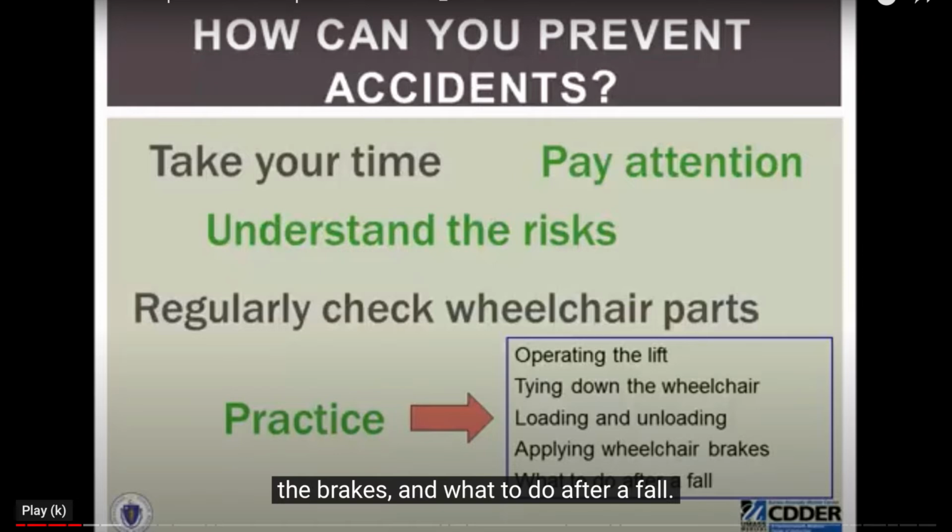Practicing before you begin this position, strapping a wheelchair into the van multiple times is very important and part of our practical skills that we will cover later on in the course. Regularly check the wheelchairs that you're transporting as you're pushing the patient out. Do the wheels seem to be loose? Are there missing screws? Are there parts of the wheelchair that appear to be broken? And then not transporting those wheelchairs or communicating that information to someone who can fix it. So we're going to move on.